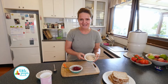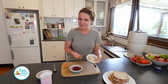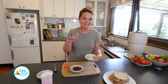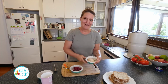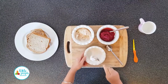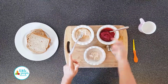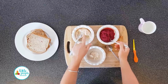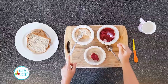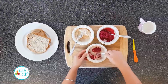A note on cannellini beans. This is such a great ingredient and food because it's a vegetable, which we all need more of, but it's also a source of protein, which is great for little people and keeping their energy levels pretty even throughout the day. So we get 1 tablespoon of the cannellini bean mixture, pop that in, nice and creamy. You could use, say, chickpeas or a different kind of legume as well, but this flavour is quite inoffensive for kids. And about 1 tablespoon of the beautiful ruby rich red yummy beetroot, and then we just mix it together